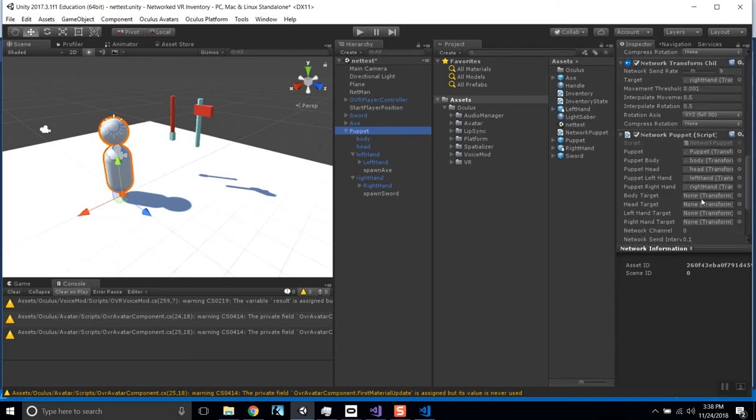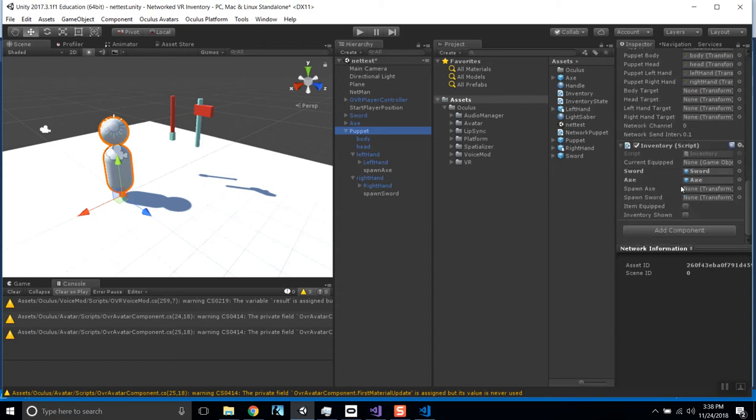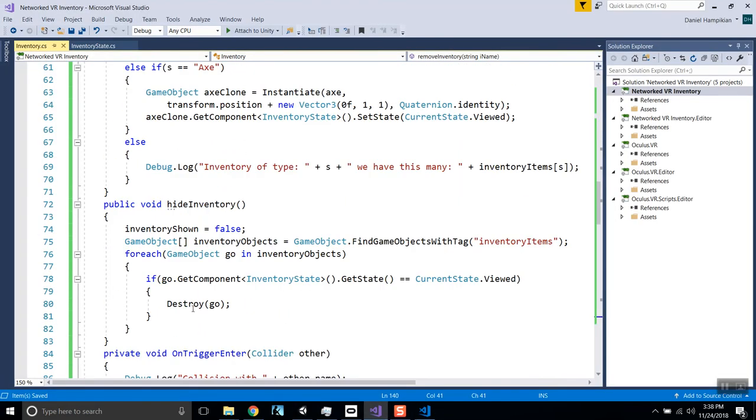And just to warn you, it's probably not going to look great, but that's okay. So there we go. Spawn axe, spawn sword. Okay. So we'll test that locally. We haven't made those. We're not at this point doing